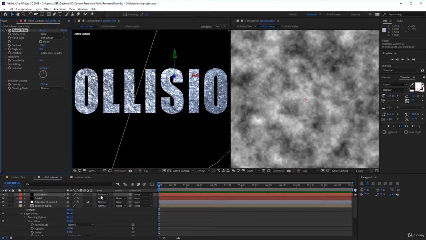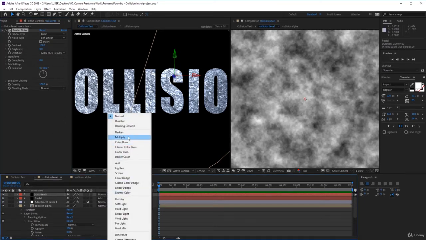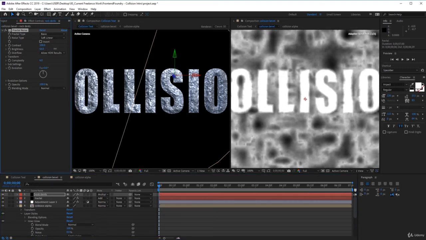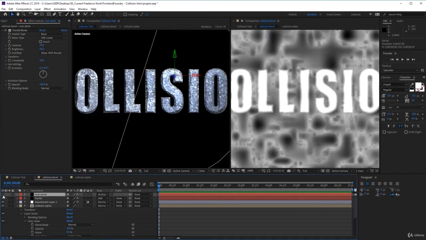Now let's go ahead and set this layer to multiply. And in the Effect Controls panel, let's increase the brightness to something like 50 or 56, and the contrast to 78. And from here, let's go down to the complexity and change that to 10. And now you'll see how that affects the look in the middle of our text, just adding a little bit